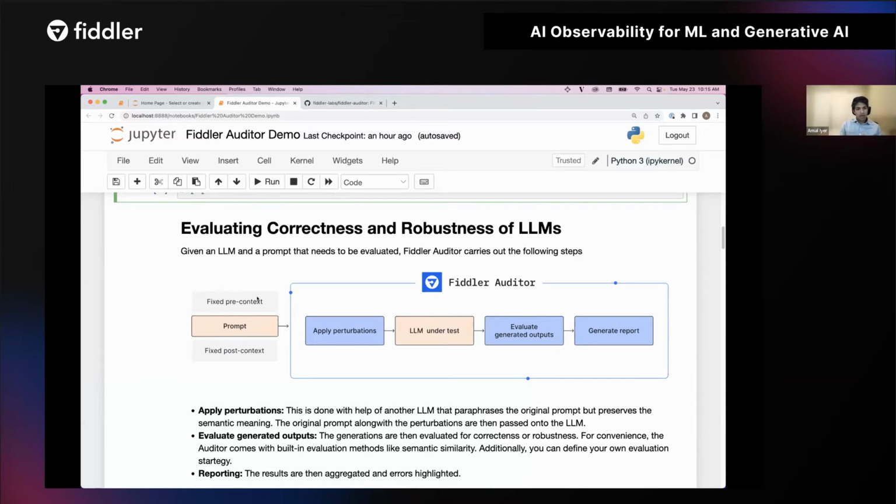And what you really want to evaluate is the prompt, the questions, or directions like a paragraph that you need to summarize. And you want to evaluate the LLM's effectiveness and its robustness when you apply perturbations. Now, why apply perturbations?